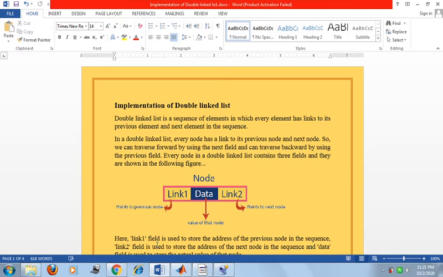Thus far, we have been restricted to traversing a linked list in only one direction. In certain applications, it is very important or sometimes necessary that the list be traversed in both the forward as well as the backward direction. So this property of the linked list implies each node must contain two link fields instead of the usual one. So in the double linked list, every node has a link to its previous node and the next node. So we can traverse forward by using the next field and backward by